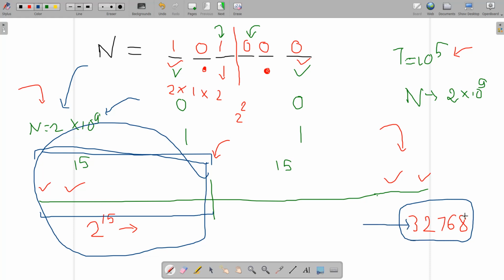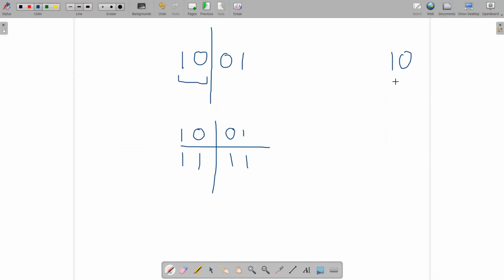Let's say we have some number, let's say 10. If we try to find the binary representation of 10, it would come out to be 8 plus 2, so it will be 1010. Okay, so this is the binary representation of 10.